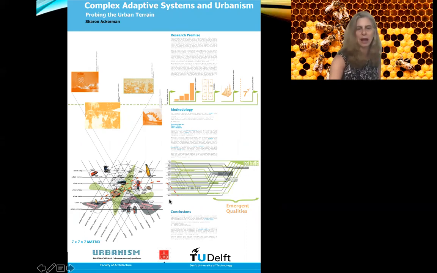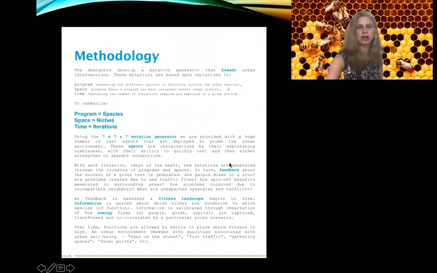So all of these things happening on the matrix, and how the system worked. So we talked about summarizing that the program is species, spaces are the niches, and times are the iterations. So when I am asking you to do a poster presentation of a complexity project, what I'm asking you is